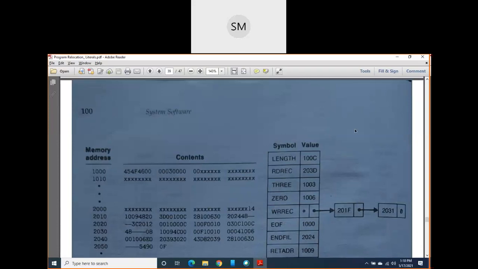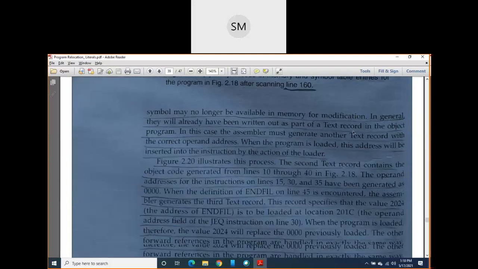Then the assembler will write that object code directly into memory, and the program will be executed directly. Correct? So this is about the load and go one pass assembler, because it is not using two passes. So I stop the class here today.